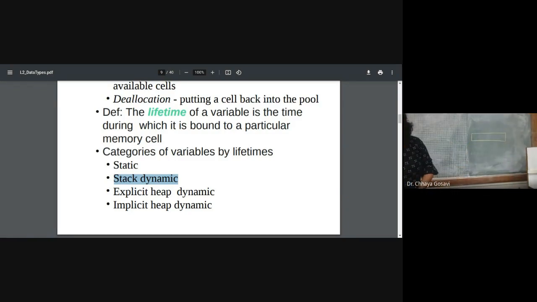Computer memory is divided into 3 types: static, stack, and heap. Stack memory and heap memory grow towards each other.